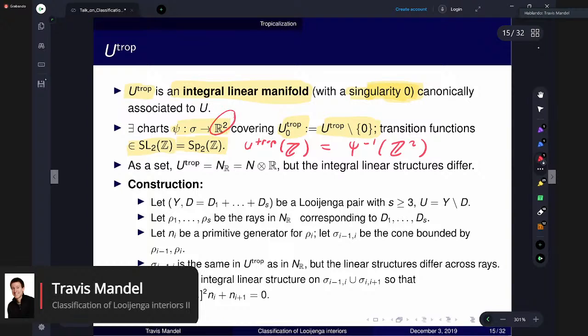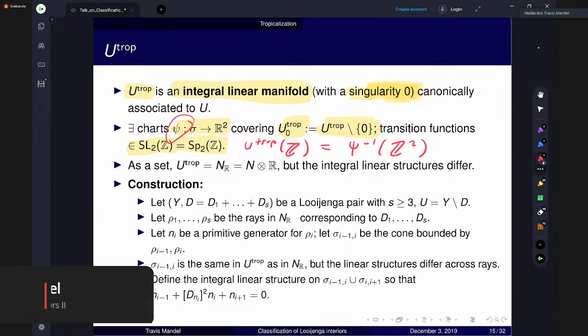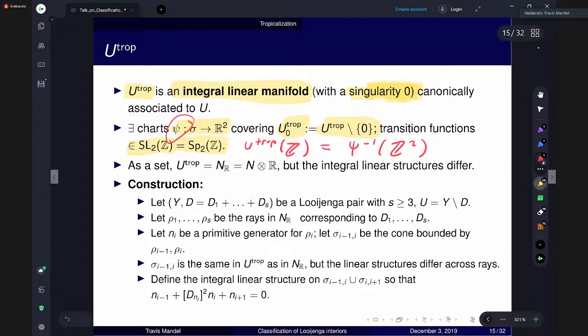You're living in R2, you can take Z2, and you can take the preimage of that lattice. You can do that for each psi, and transition functions will preserve that lattice because they lie in SL2Z. So you get some well-defined integer points in U trop. Now, as a set, U trop is the same as just this N sub R, so it's the lattice N